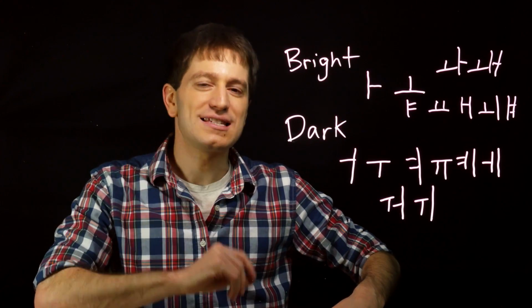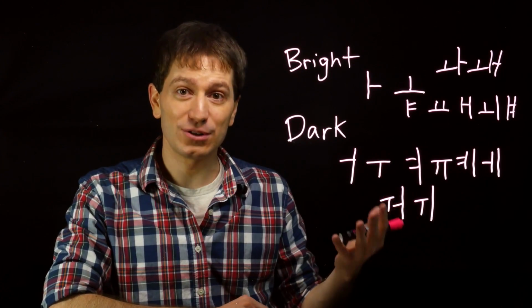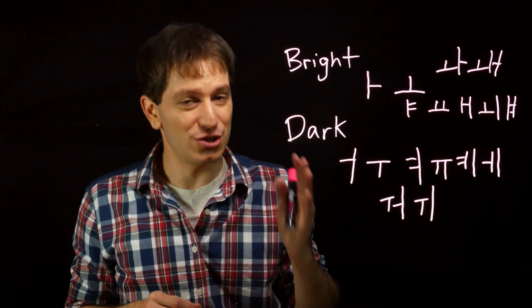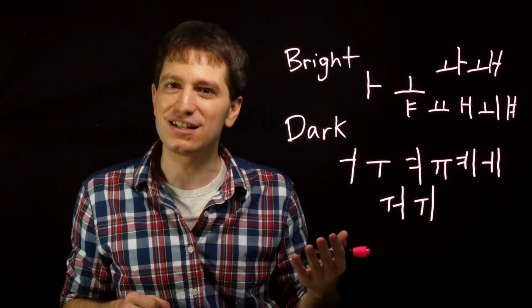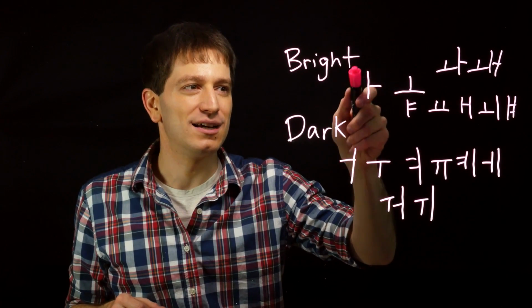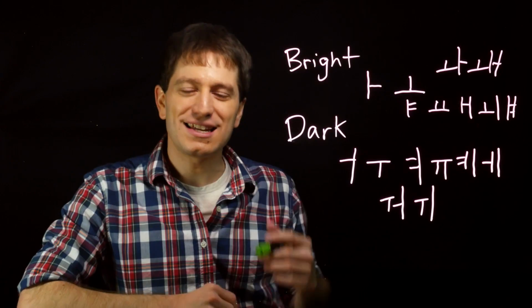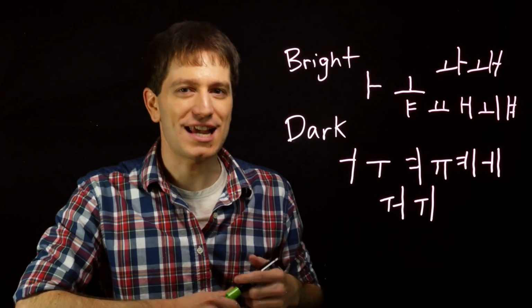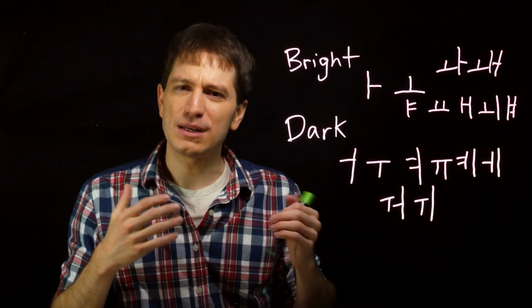And this concept of bright and dark vowels heavily influenced early Korean. And even in modern usage, you will find many examples where words can have different connotations based on whether they contain bright vowels or dark vowels. First of all, a bright sound in a word or a dark sound in a word, specifically in a verb, influences how that verb is conjugated.